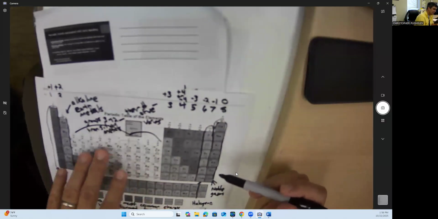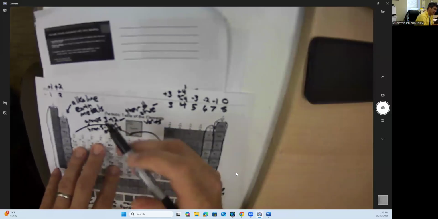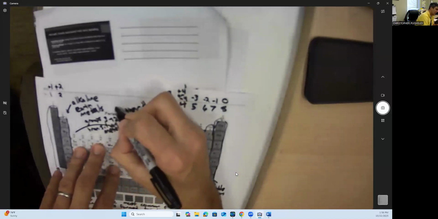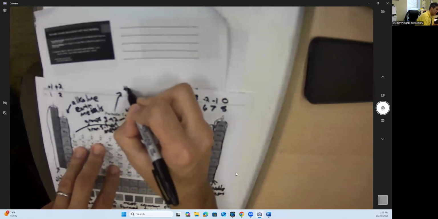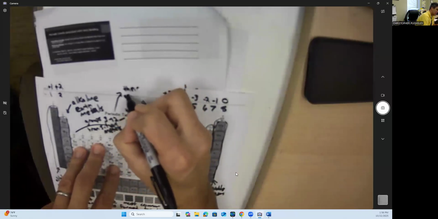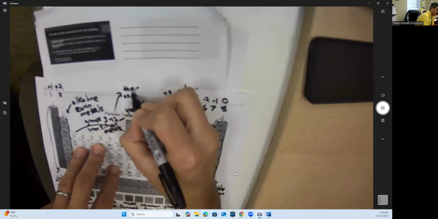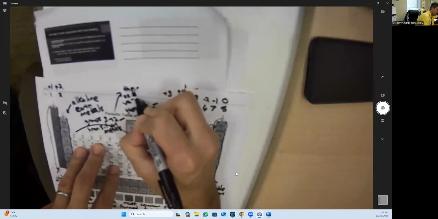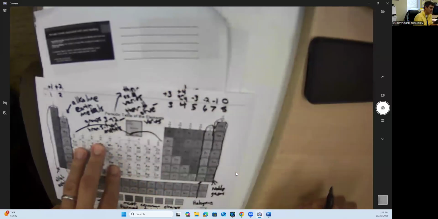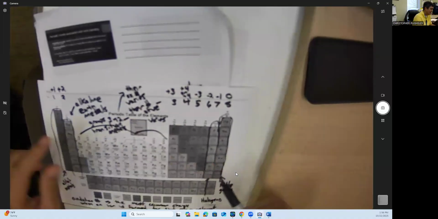The oxidation number for transition metals also varies. Their oxidation number, OX number, varies too. So just like their number of valence electrons, it's going to vary. And again, why this is because